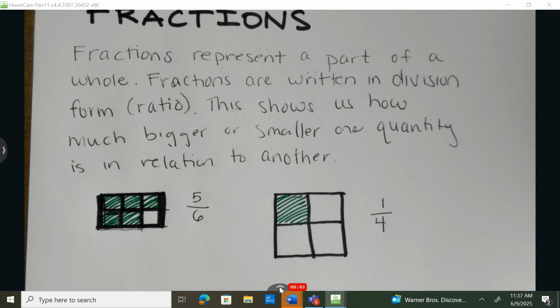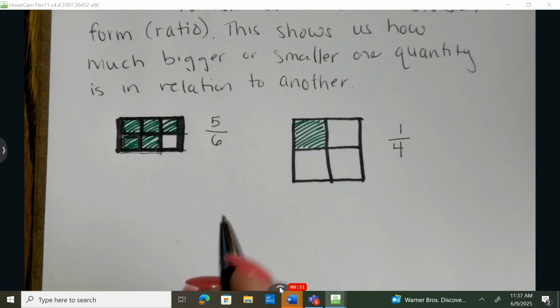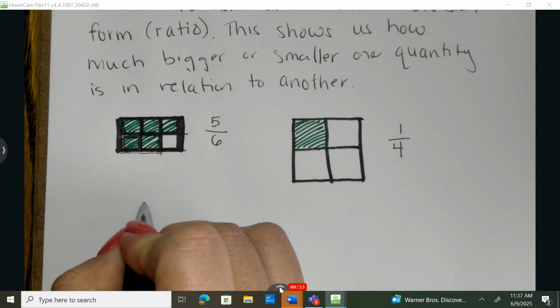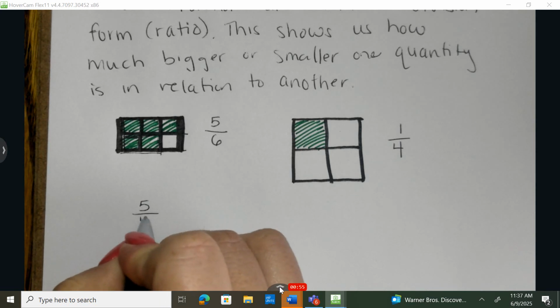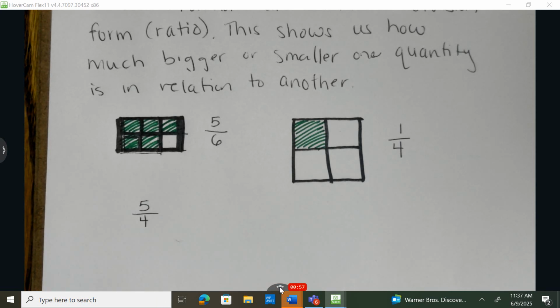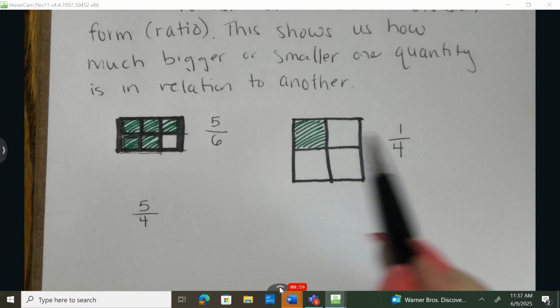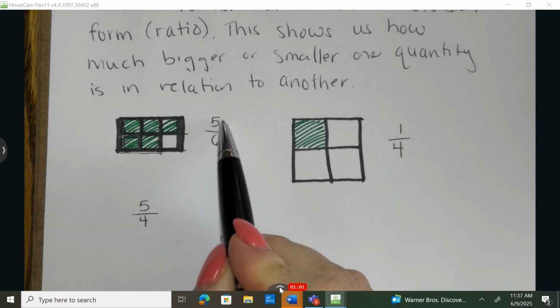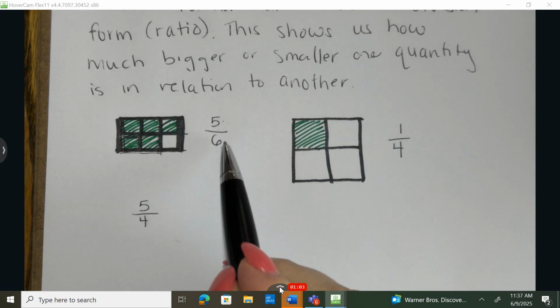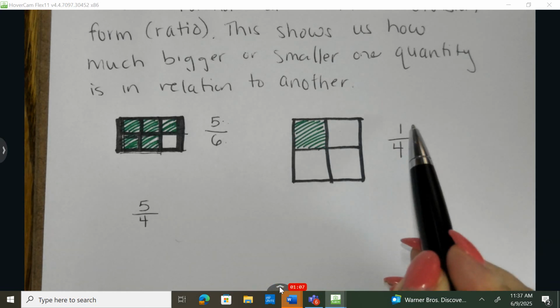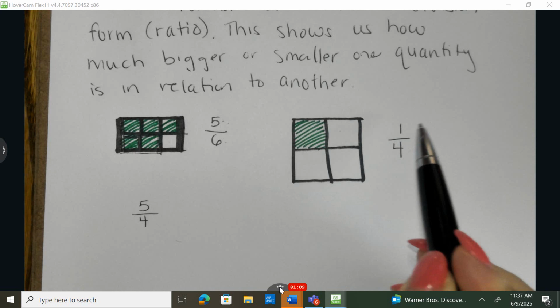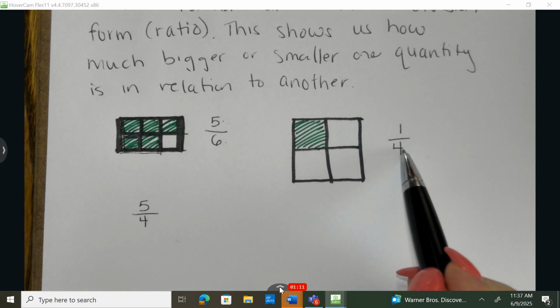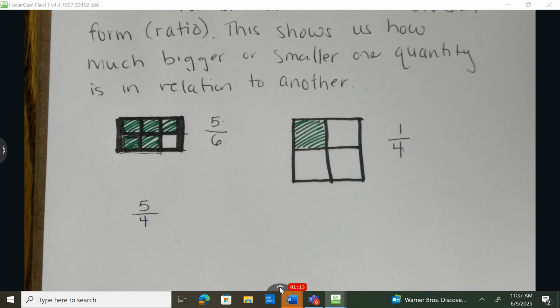Now, what's tricky for students is if I asked you to draw a figure that represents 5/4. Notice the two fractions up above, the top number called the numerator is smaller than the bottom number referred to as the denominator. Here's another example. The top number, the numerator, is smaller than the bottom number, the denominator, but in this case, it's not. Press pause and see if you can create a